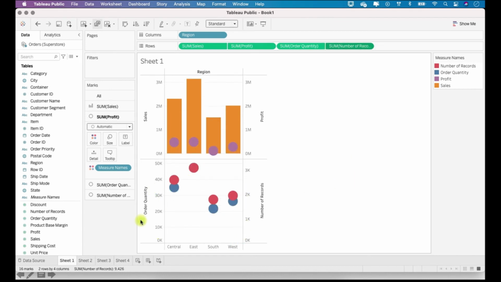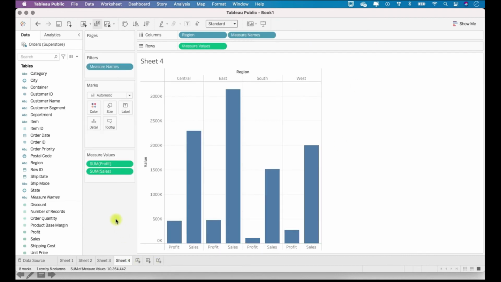But this will be a separate chart. So these two pills in one chart and these two pills in another chart, but you cannot club this third one in this dual axis chart. So dual axis chart has a limitation of 2 measures, 1, 2. Same is for the second set, 1, 2.